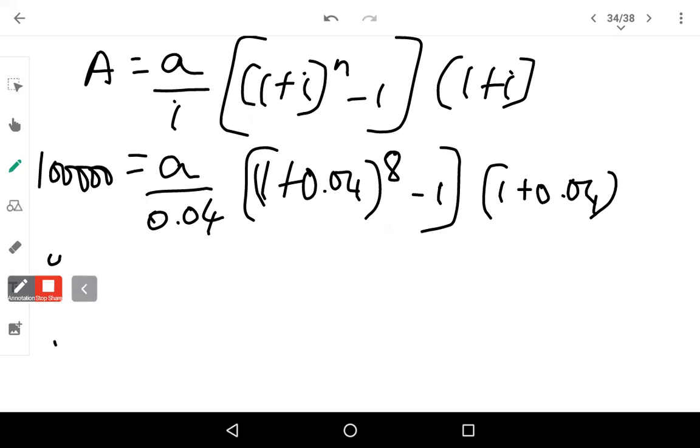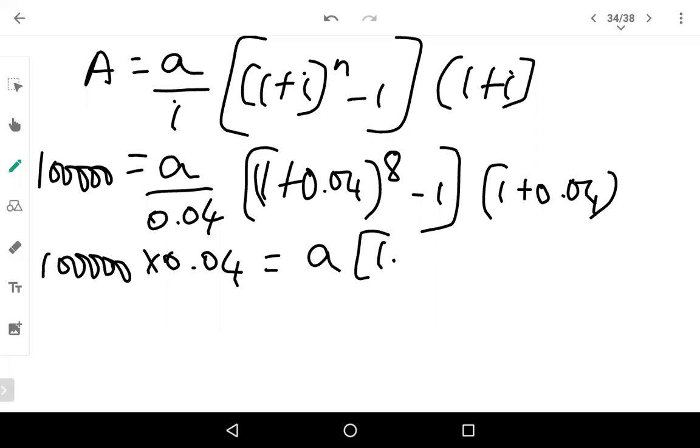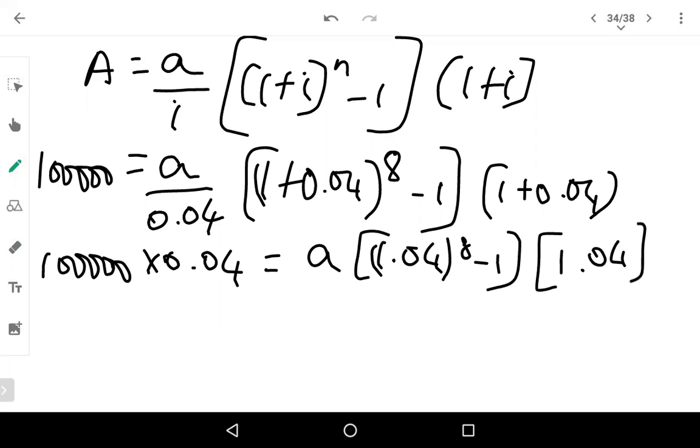Then 1 lakh is equal to... okay, what we can do here is directly take this 0.04 and multiply with 1 lakh. So you'll have 1 lakh into 0.04 is equal to A into (1.04 to the power 8 minus 1) into (1 plus 1.04). So 1 lakh into 0.04 will be 4,000, is equal to A into